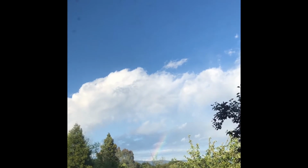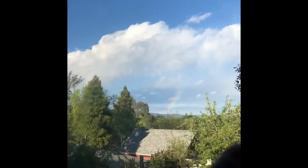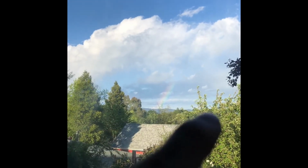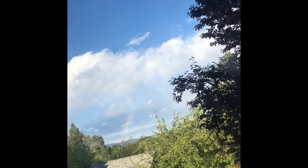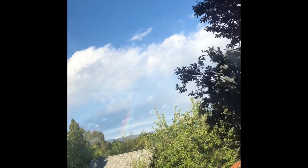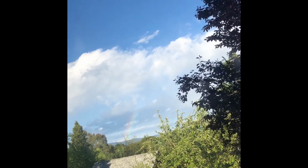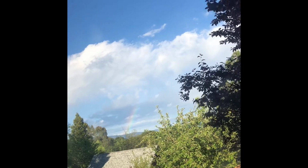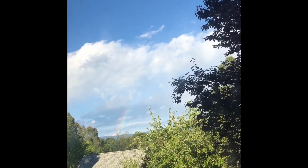But the thing that happened was when I started moving these giant cloud formations, like you see this one right here, I was moving them. I would move them out, down, past a hill ridge like that, and then I'd make mass accumulation. It would probably take me a couple hours, but I'd make a giant cloud. And this was in the wintertime, and so I'd make it rain, right? But after I'd make it rain, I would go to bed that night, and then I'd wake up with vivid conversations in my head. There were no visuals involved, but I was speaking to a group of individuals, and